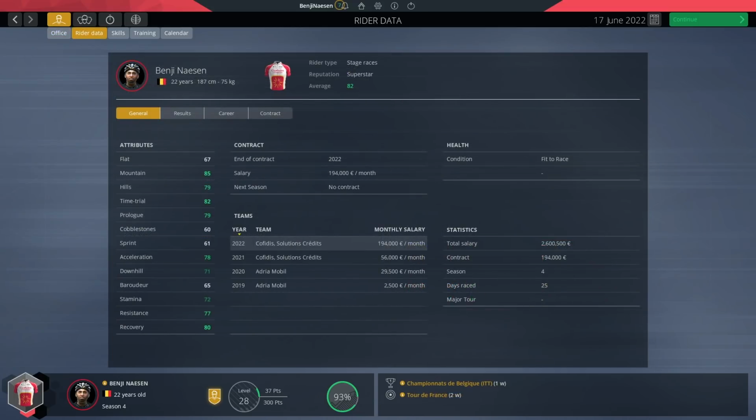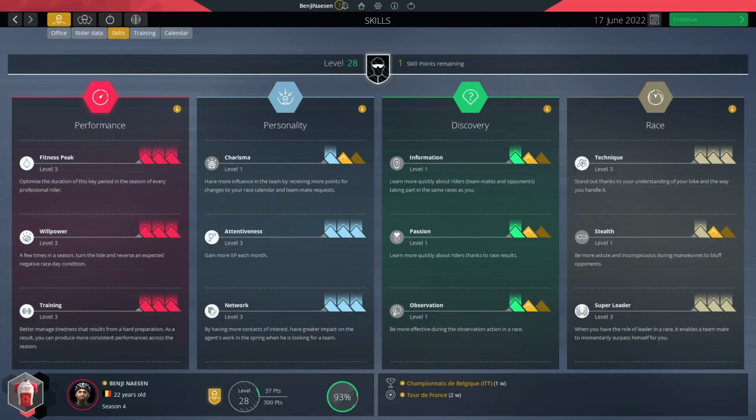And this is what we look like going into the final Grand Tour of our playthrough, the Tour de France. 85 mountain, 79 hill, 82 time trial. We've got 79 prologue, 67 flat only, that's a bit low. 60 cobblestone, 61 sprint, 78 acceleration, 71 downhill, barrier error of 65, stamina of 72, resistance of 77, and 80 recovery. We also need to spend one of these skills, and I think I'm going to do so on charisma